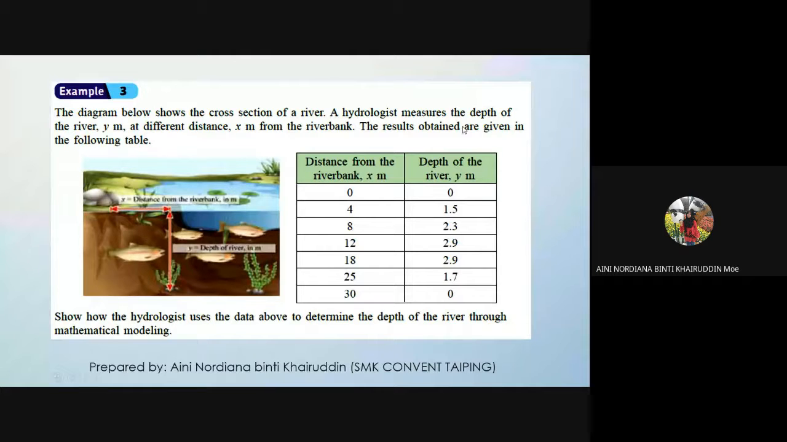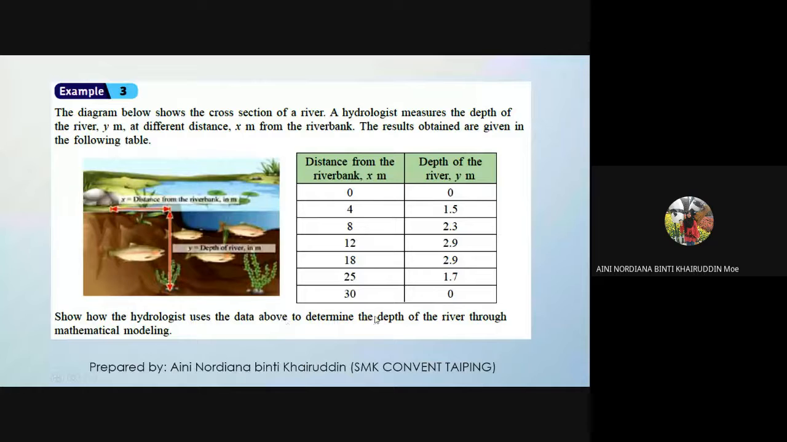The result obtained are given in the following table. Okay, ni table dia lah. This is X, this is Y. Maksudnya lagi, kalau tengok kat sini, lagi jauh daripada river bank, lagi dalam, tapi kat sini dia dah rendah balik. Okay, show how the hydrologist uses the data above to determine the depth of the river